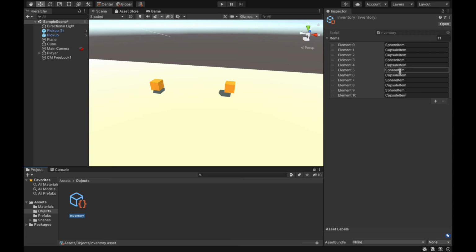Okay, so that's the other thing here. If you would like to have a persistent inventory, which is completely fine, you can keep it. But if you would like to remove it, clear it out every time you are starting the game, we need to do some changes. Okay, so let's go back